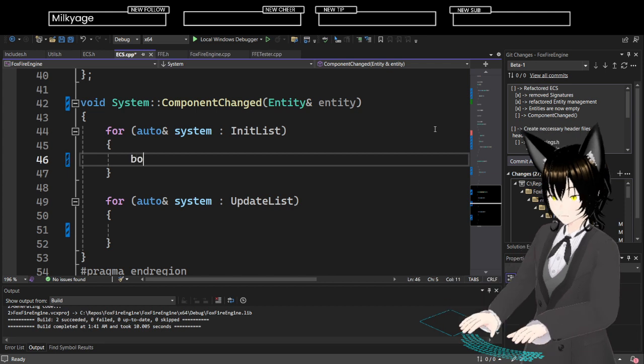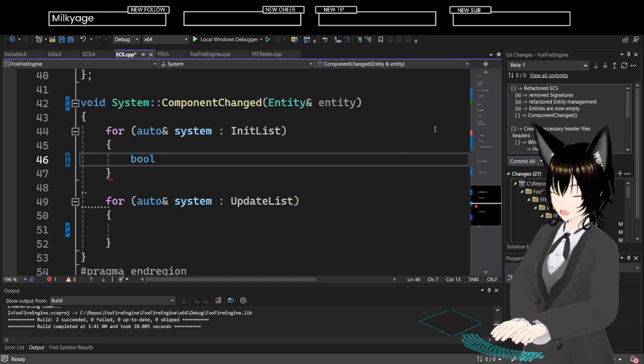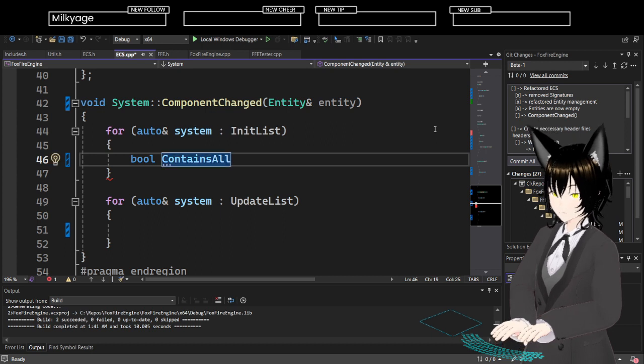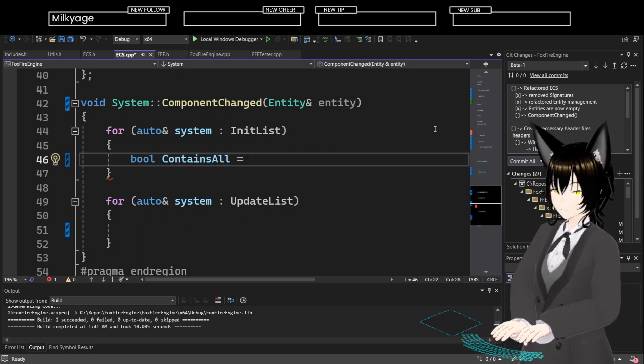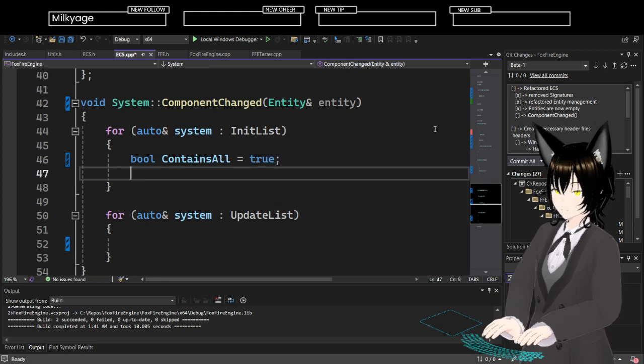So let's do the bool contains all is equal to true, right? Bool contains all is equal to true.